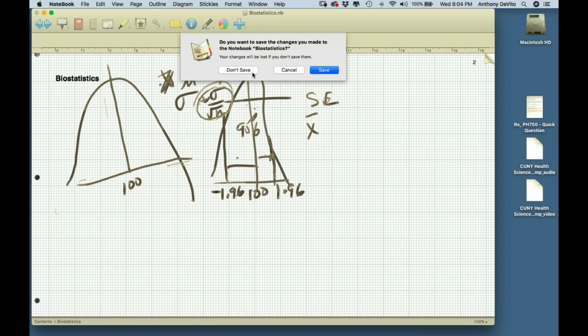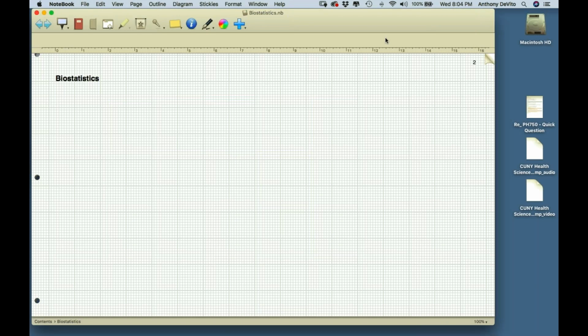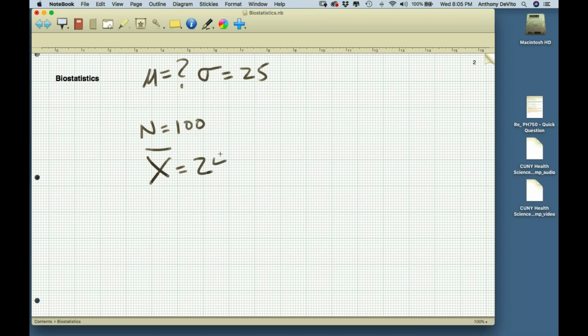Okay, so we're going to put that knowledge to work for us. We're not going to take 1,000,000 samples from a population. We're only going to take one sample from that population. And when I take that sample, I'm going to assume that I have no idea what mu is equal to. I don't know the population mean. But for our purposes for now, I'm going to say that we know the population standard deviation, and that it's equal to 25. Now, let's say I take a sample of size 100, and the mean for that sample of 100 individual people is equal to 240.